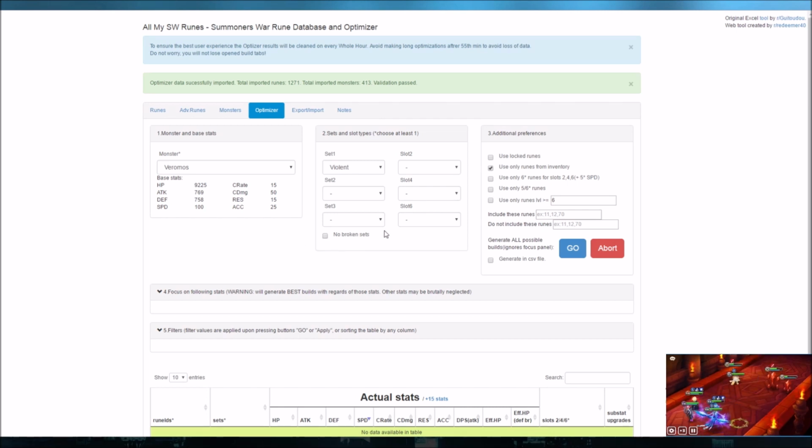If you have good runes that are in sets, you can also select no broken sets to make sure the optimizer will pick a full set for him. I'll do that. Actually, I won't do that because I might be able to get a really good build for him, right? So I'm gonna pick speed, HP for Veromos, and the reason that I'm gonna go through Veromos right